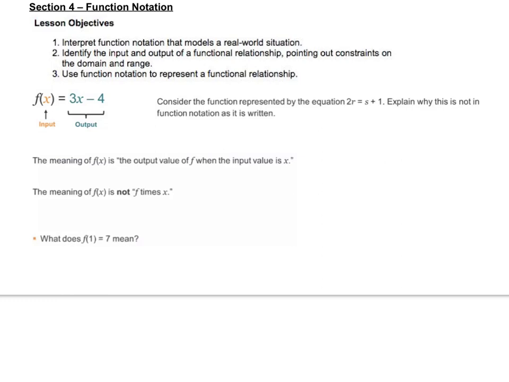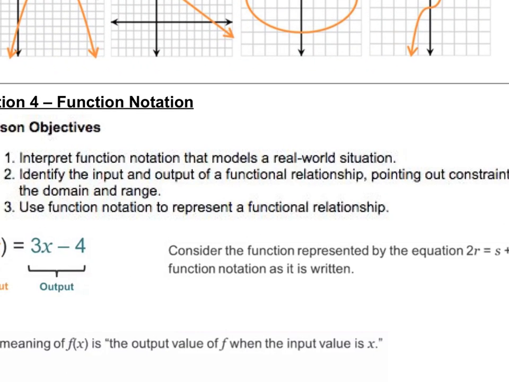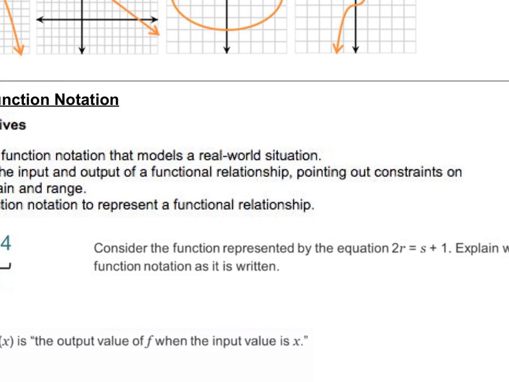Okay, this is Algebra 1. This is Unit 1, Section 4, Function Notation. So we introduced functions last class period, and I just want to reiterate that a function